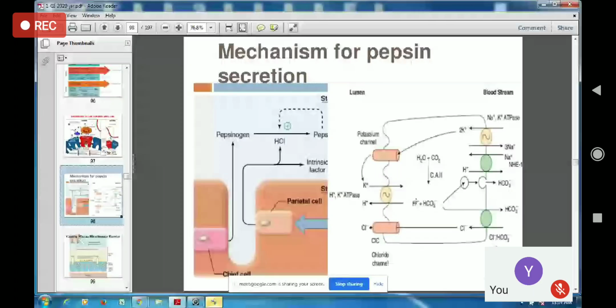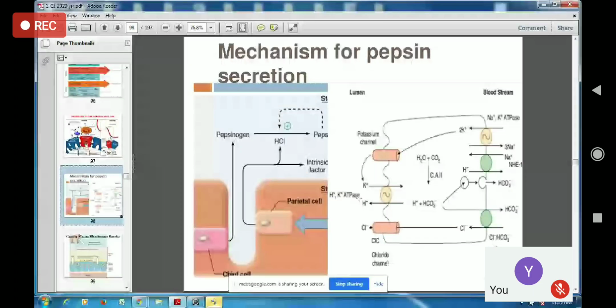It is ATPase because it involves the expenditure of energy. Energy has to be utilized so that the proton is pumped against the electrochemical gradient. It is not going from higher to lower concentration. It has to be pumped. That's why the ATP is used. The energy currency is being used. That's why it is also called hydrogen potassium ATPase. This is how hydrogen ion enters the lumen.